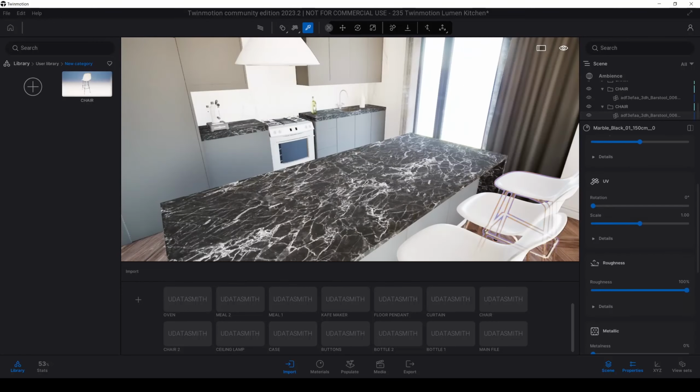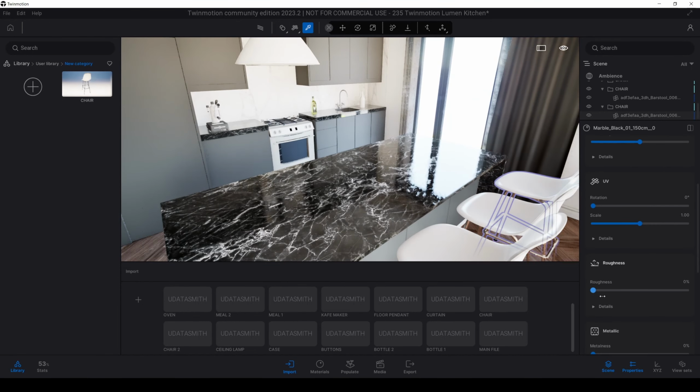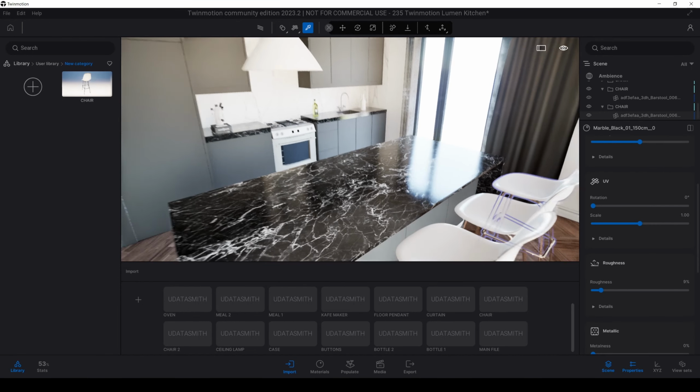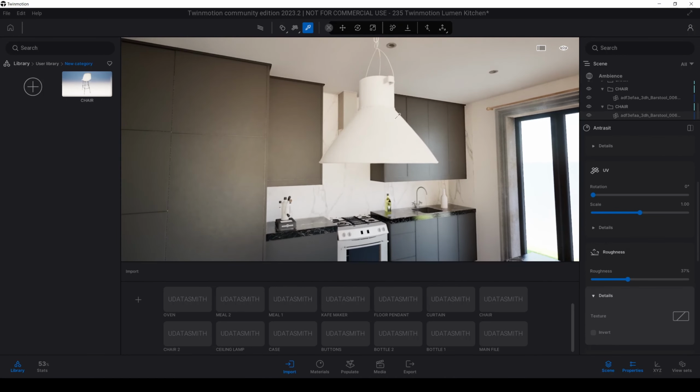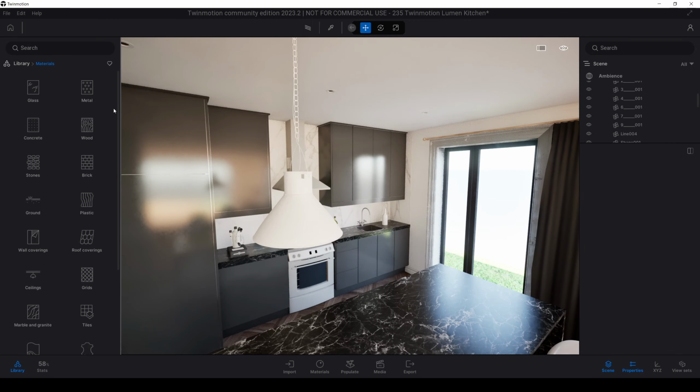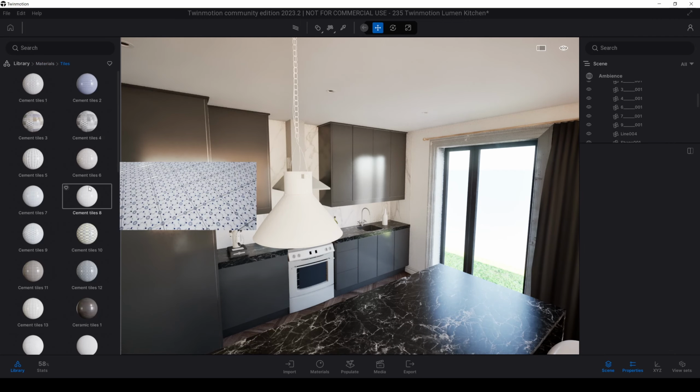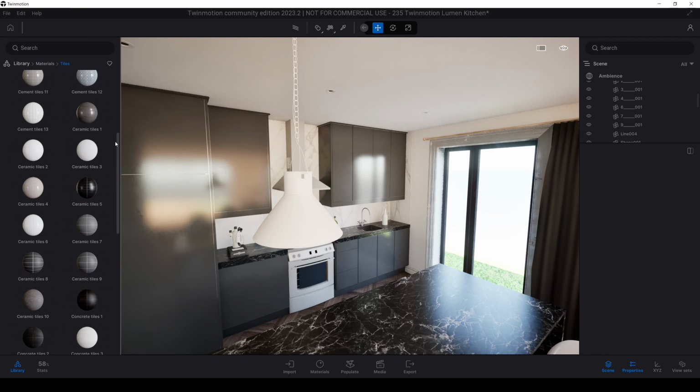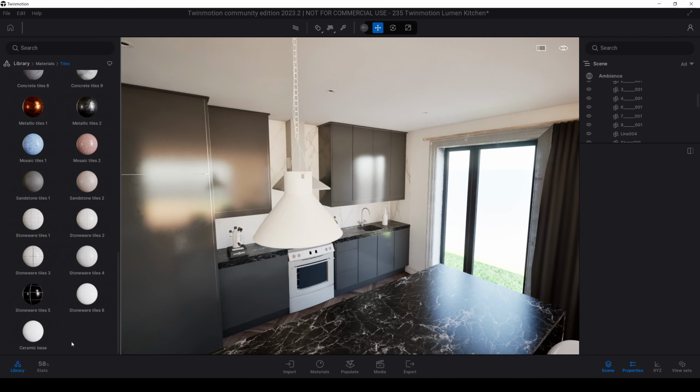There we go. Let's change this marble material. Way better. This is going to be ceramic. You can make it by changing roughness, or from the material, from the tiles, we have this predetermined material which is ceramic base.